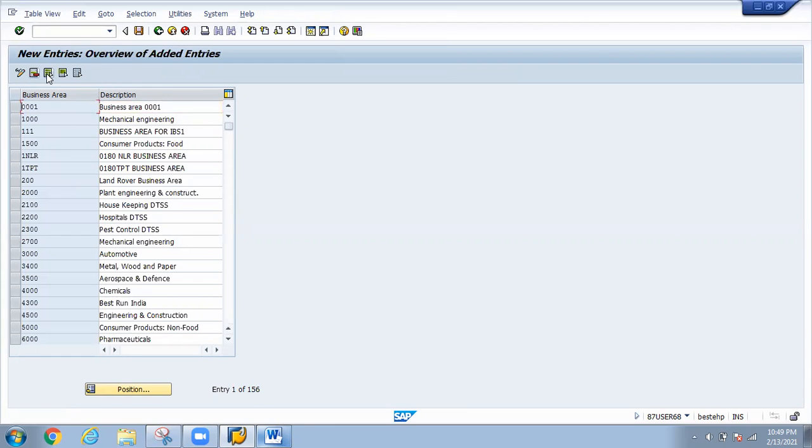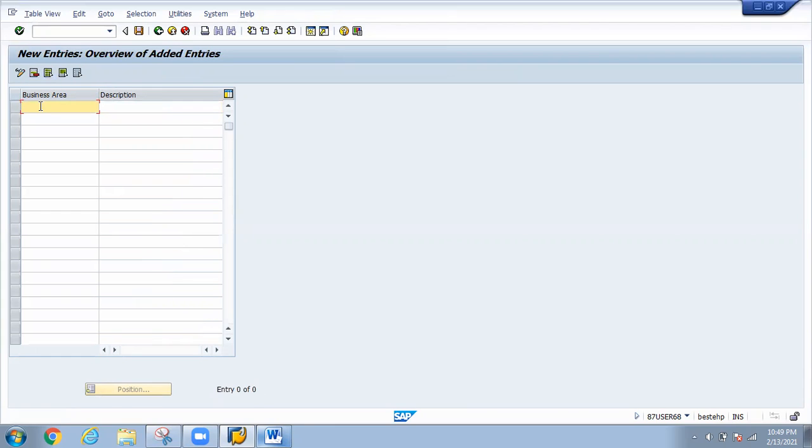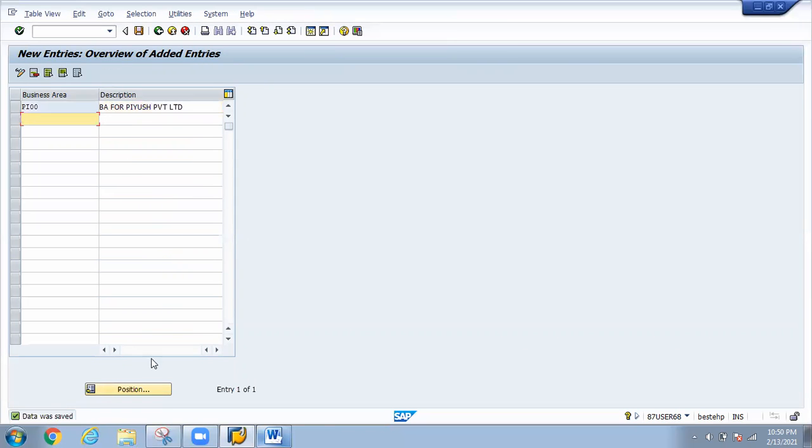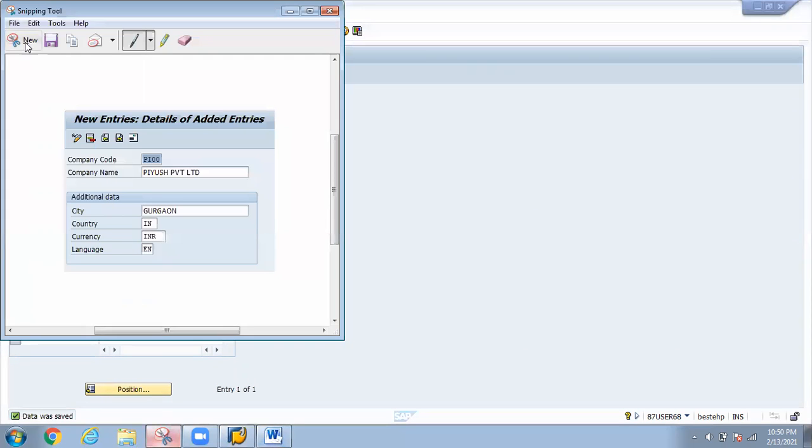So click on the new entry. Here I am going to put in a 4-digit business area in the same way, PI00. So this is the business area for Piyush and Company, Piyush Private Limited. Just press enter and save it. So this is the business area.